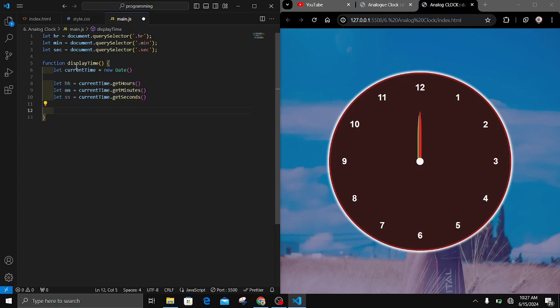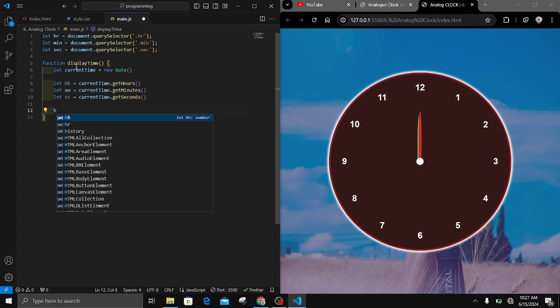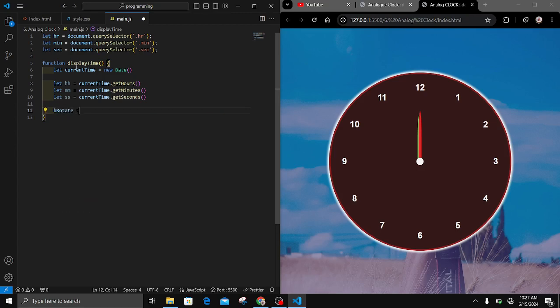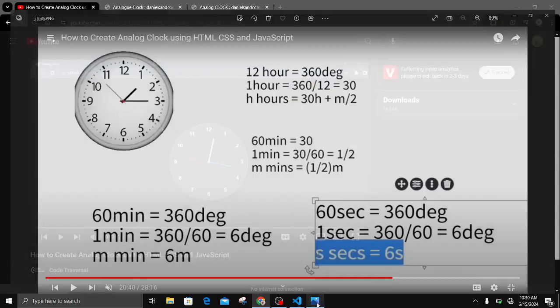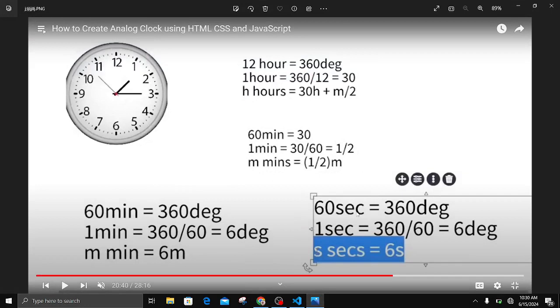Now the next thing I'm going to do is the rotation. So I'm just gonna say r date is equals to. This video came after I watched this YouTube video from Code Transversal, but the thing is, she did not use English, so she was using another language to talk or explain what she did or did not do in the video. So now, here is a screenshot taken from that video, which I'm going to explain to you what happens